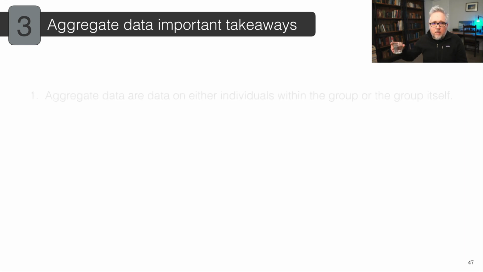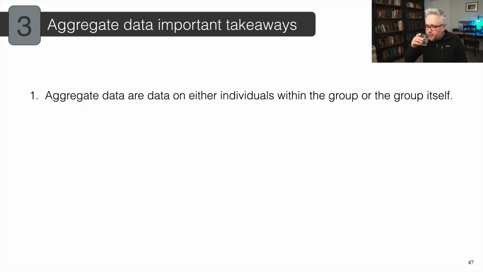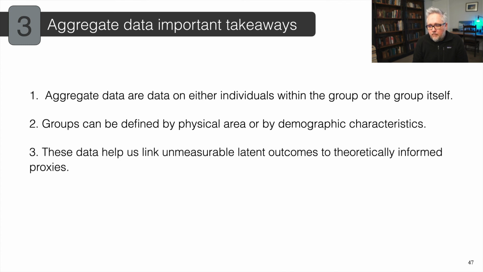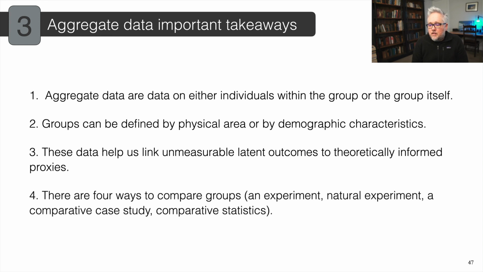So a couple of important takeaways from this section. Aggregate data are data on either individuals within the group or the group itself. These groups can be grouped by physical area or demographic characteristics. This helps us capture proxies of those unmeasurable latent outcomes that we often focus on in our theories. And there's a lot of different ways to compare groups. I focused on four: experiment, natural experiment, comparative case study, and comparative statistics, whether of a survey or of national